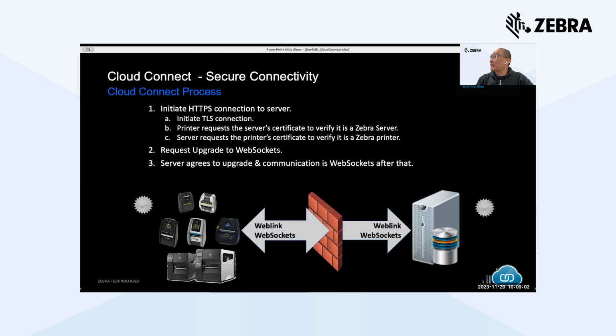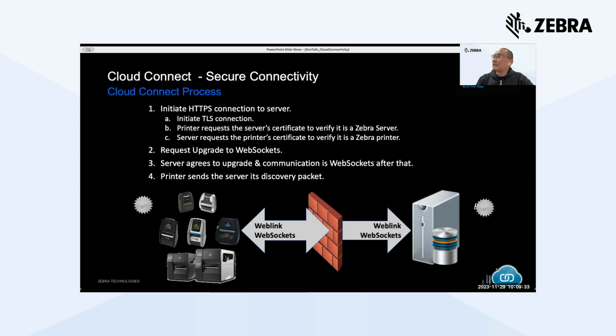With authentication completed successfully on the main channel, the server will agree to upgrade the HTTP connection to the WebSocket. So that's where the web connectivity kicks in. And on the main channel, once the WebSocket connection is established, all the printers connected through the connection will send the discovery packets back to the server